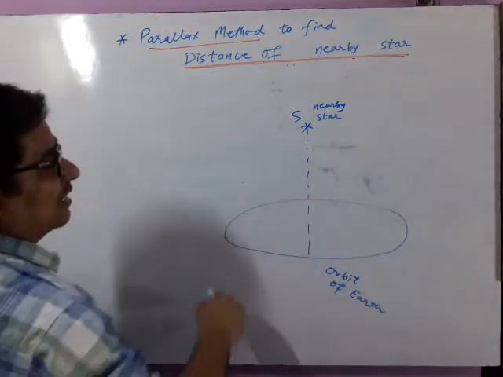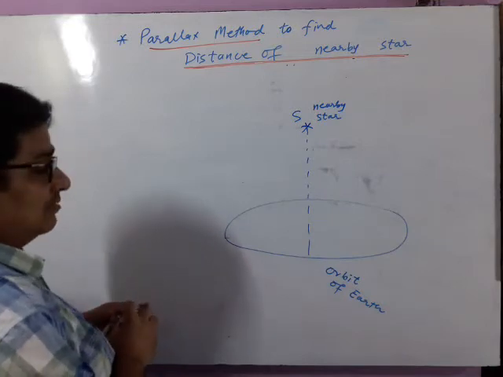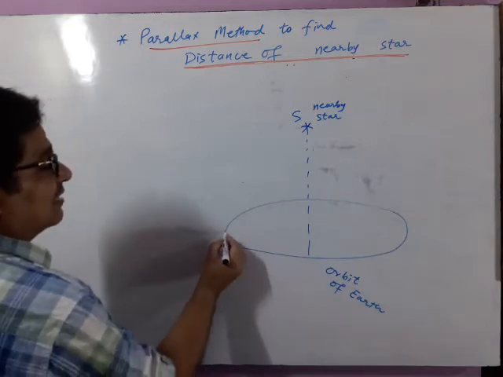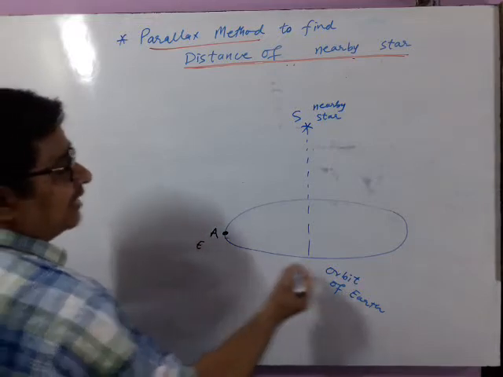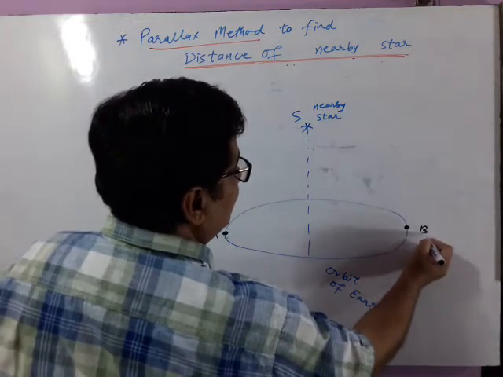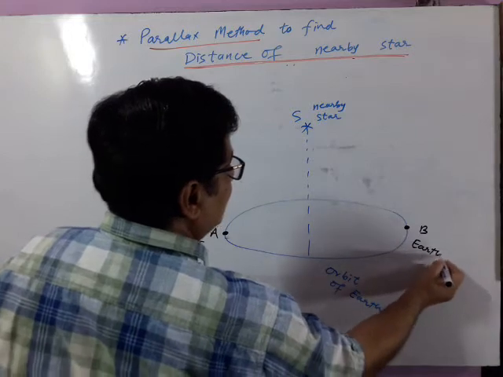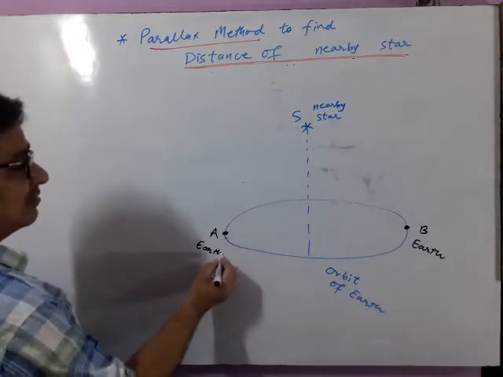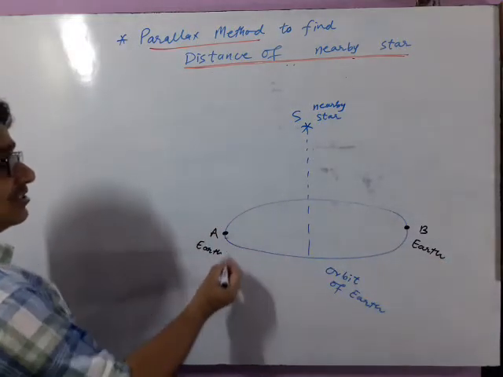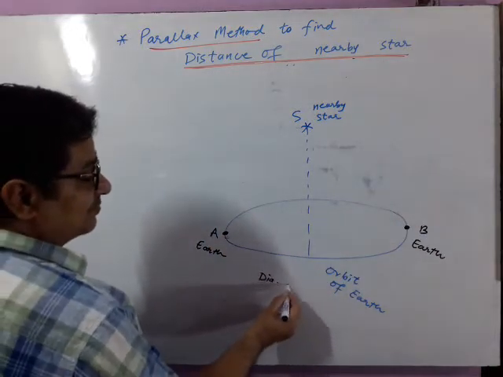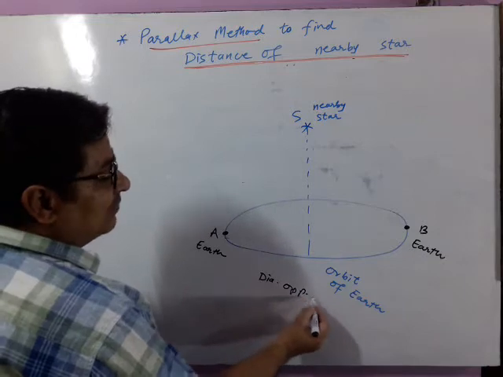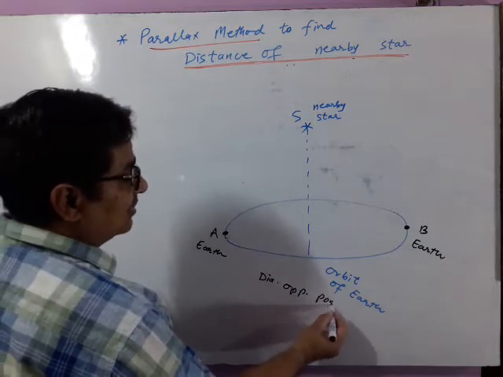Earth is revolving around the sun. We will consider two positions of Earth, A and B, which are diametrically opposite. Diametrically opposite positions